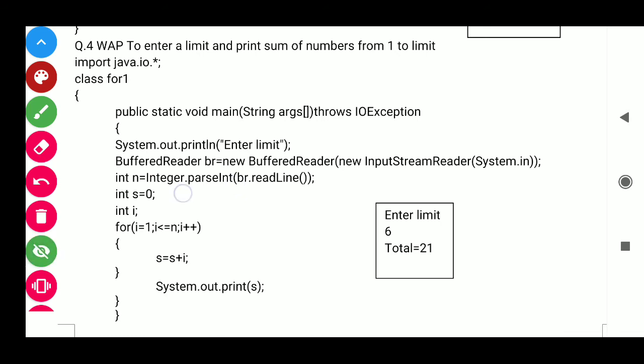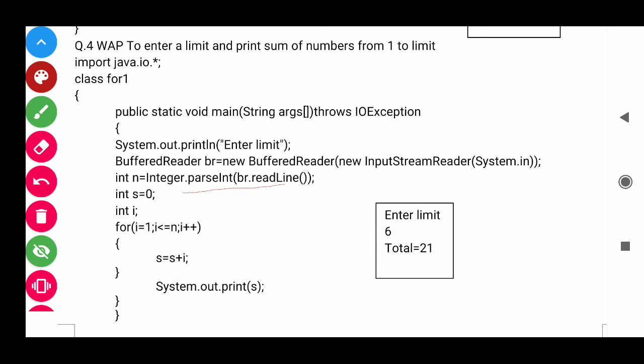And int s is equal to 0, one variable we have taken to get the sum. As we have taken sum, here we have taken s. You can have total, whatever you want. Int i is equal to 1. Here, new thing.